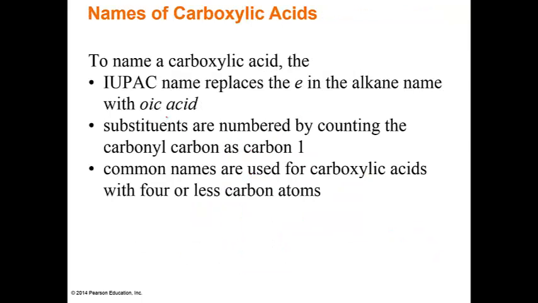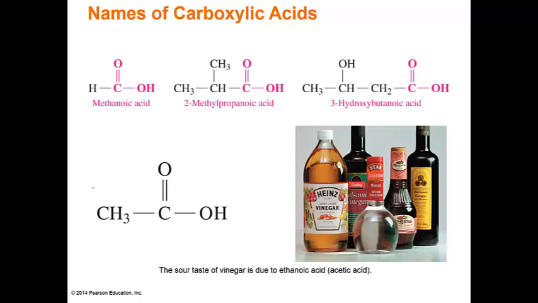All right, so to name a carboxylic acid, the IUPAC name replaces the E in the alkane name with oic acid, okay? Substituents are numbered by counting the carboxyl carbon as the number one carbon, just like we did with the ketones and the aldehydes, okay? Common names are used for carboxylic acids with 4 or less carbon atoms because they're common, okay? So we've got methanoic acid,